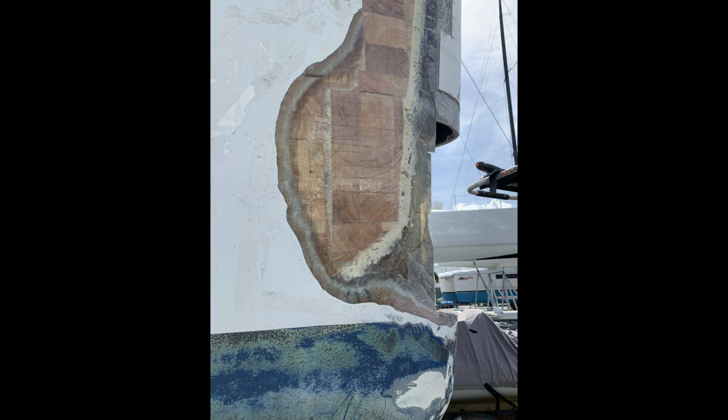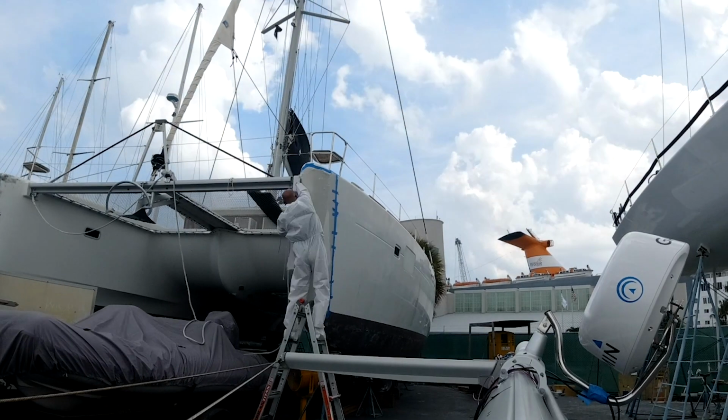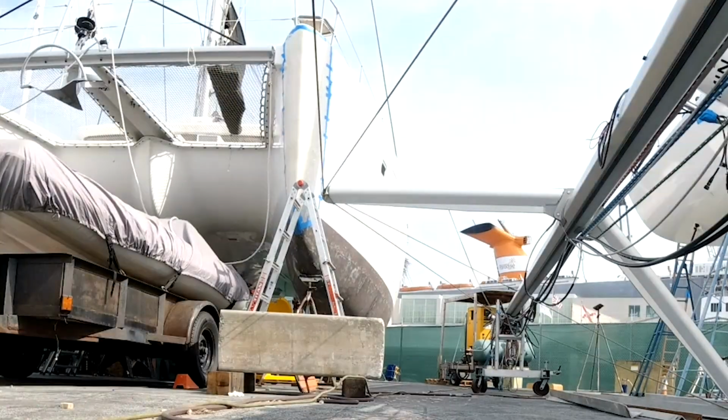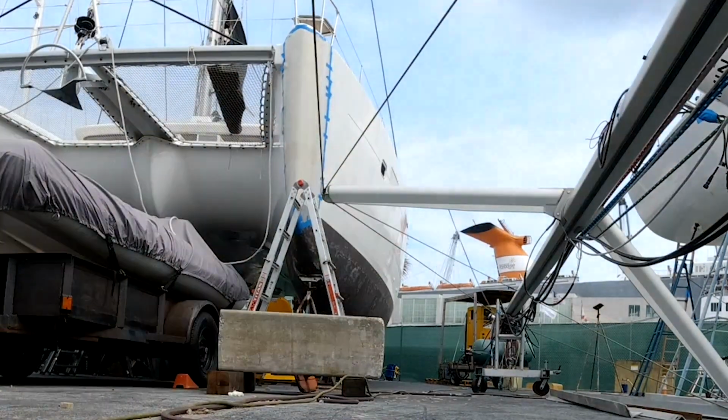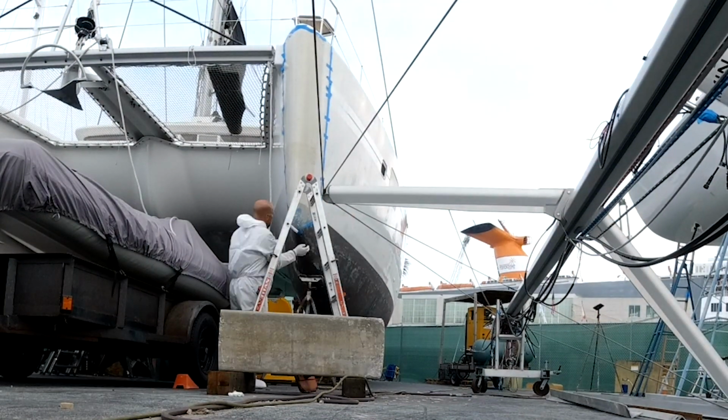The easy part was cutting out the damage and grinding back all the crappy work done in the BVIs, and replacing the rotten balsa core with fresh, new core and tying in the new layers of glass, making her stronger than ever. The hard part, the part that sadly we didn't get on camera, literally had Ty laying on the